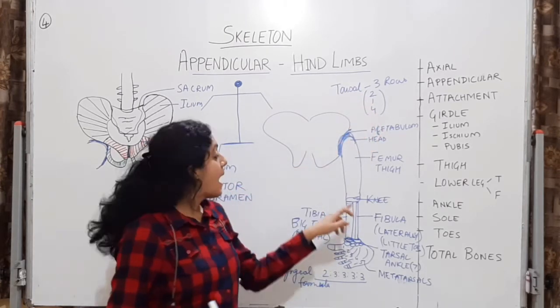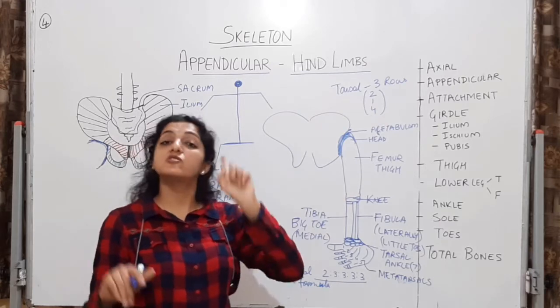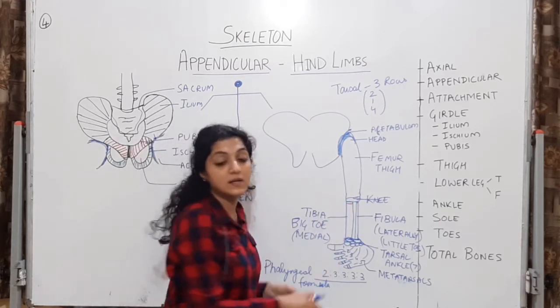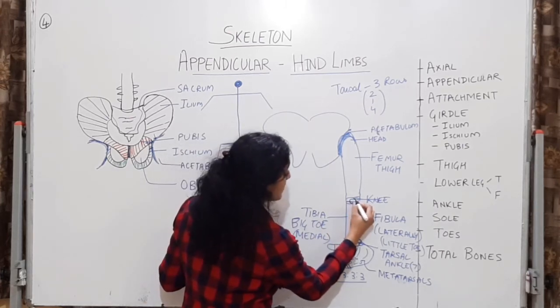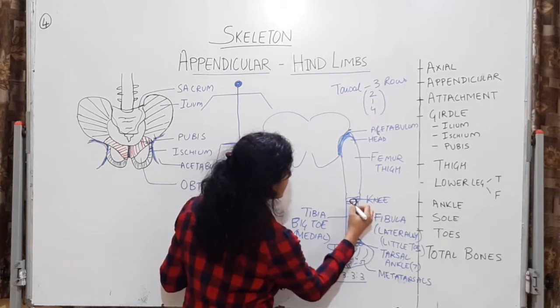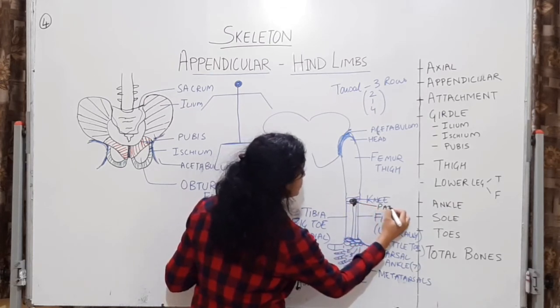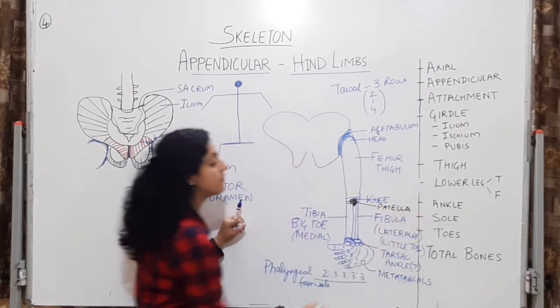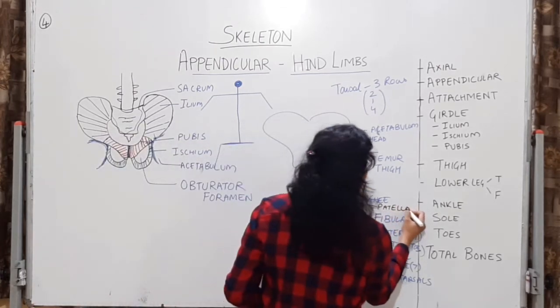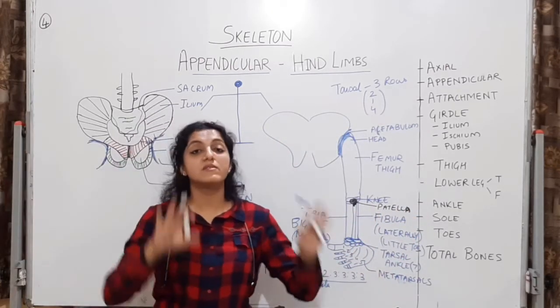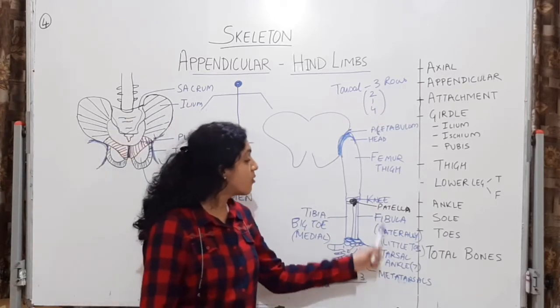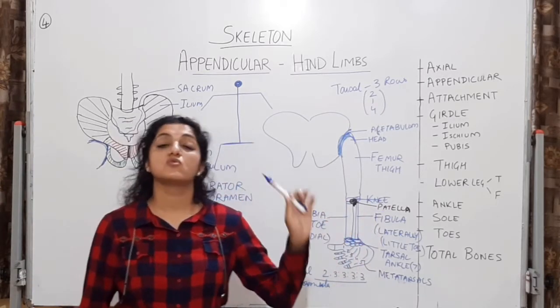But यहाँ पे एक bone extra है जो elbow joint में नहीं था, which is called the patella or the kneecap. Patella will be a circular bone with a pointed apex like this. ये circular रहेगा but apex will be pointed. It is called patella. It is also called kneecap. It is also called knee bone. So इसीलिए because ये patella यहाँ पे है, the number of bones in the upper limb and lower limb is going to be same. जो एक tarsal कम था वो compensate हो गया एक patella से. So do you understand this?